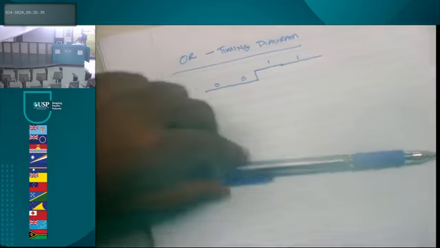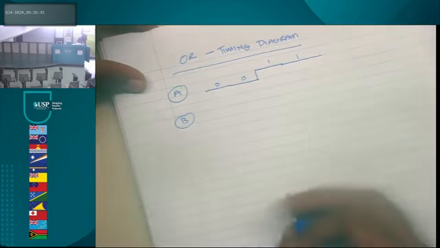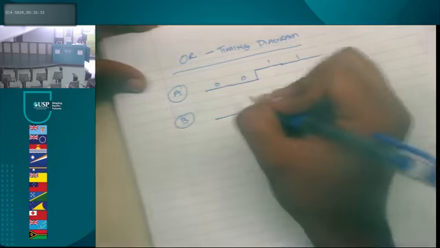Okay, so the timing diagram for the OR gate, right? Let's look at that. So your first input A, so a low, another low, right, low,